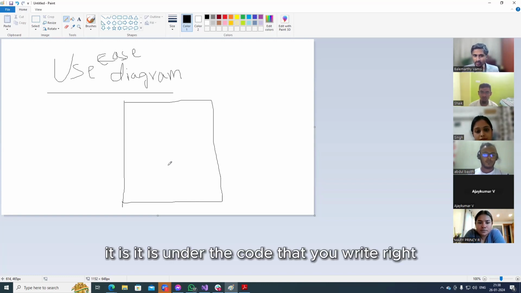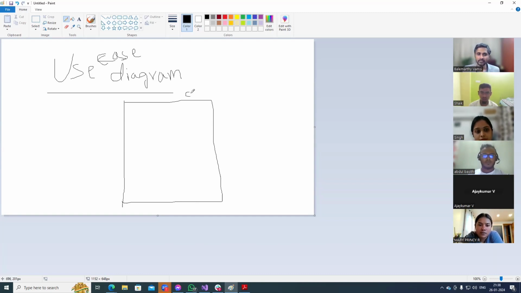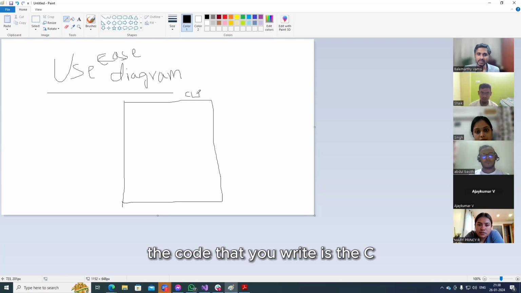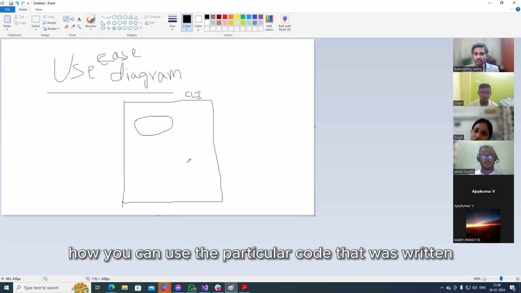It is the complete CLI infra that you are writing. So in that you will have use case 1, where the use case exactly means, in this context, how you can use that particular code that was written.